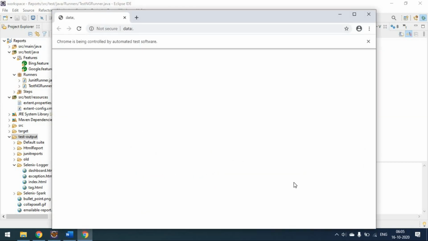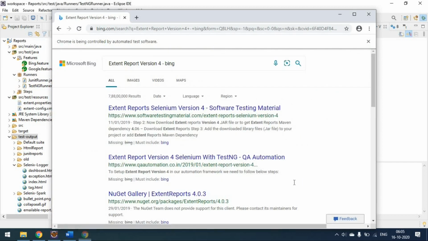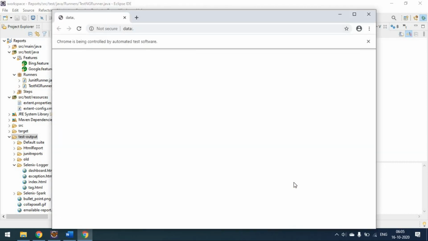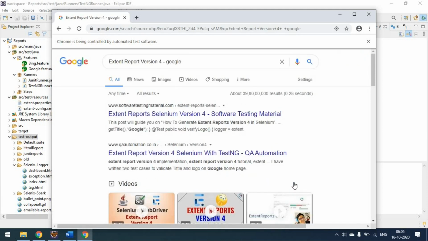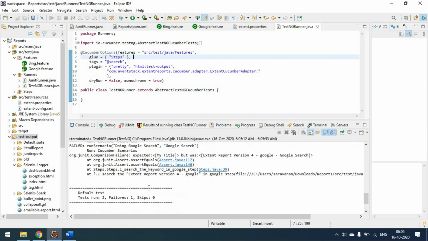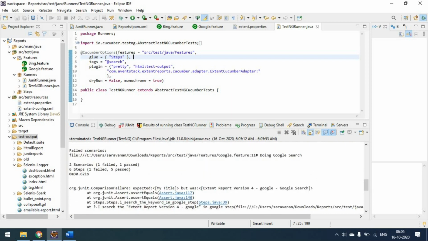The test has started. The second feature file has started. The execution is done. You can see two scenarios, one failed and one passed.